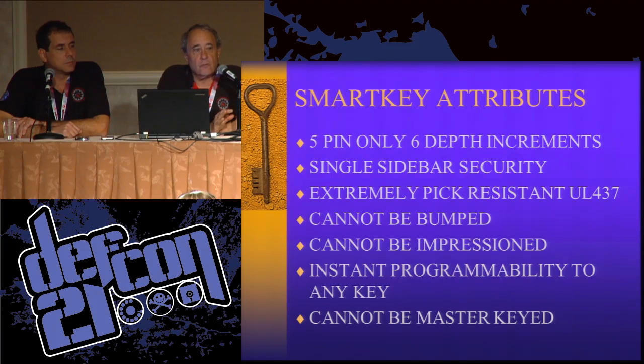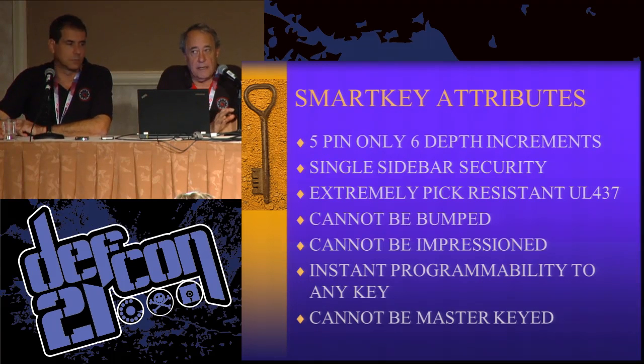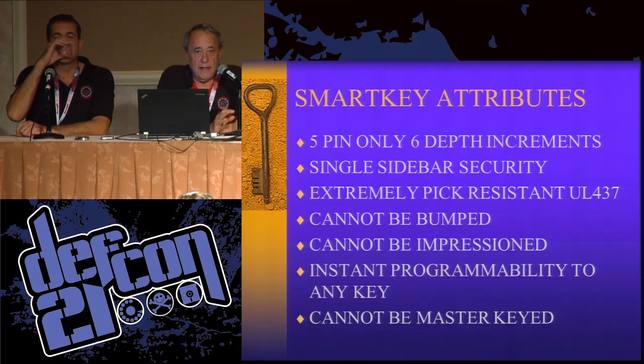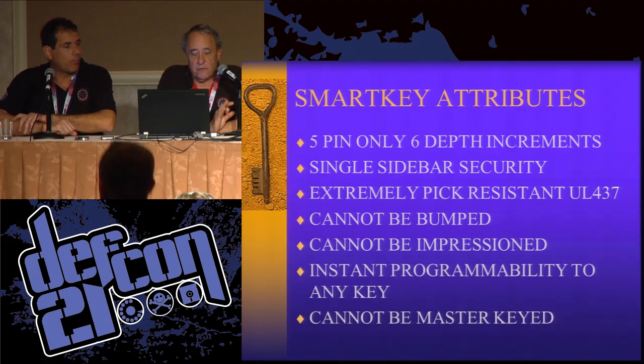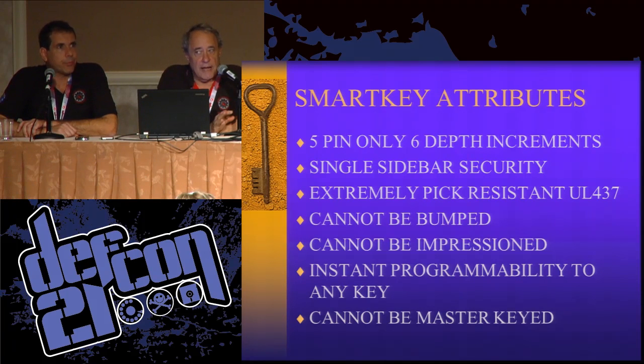They are extremely pick resistant. There's an Underwriters Laboratory Standard 437, which defines picking for commercial and high security locks. Kwikset actually meets this standard. That means these cannot be picked in under 10 minutes. They are very, very pick resistant. And they also cannot be bumped, period, because there's no pin tumblers. These are sliders, and so there's nothing to bump open,